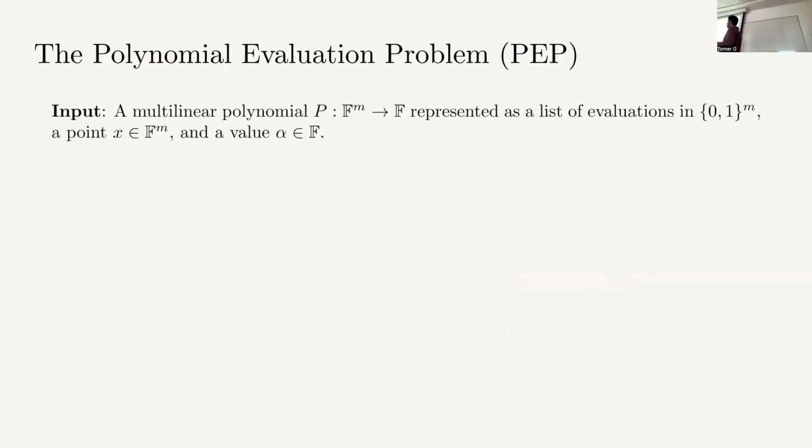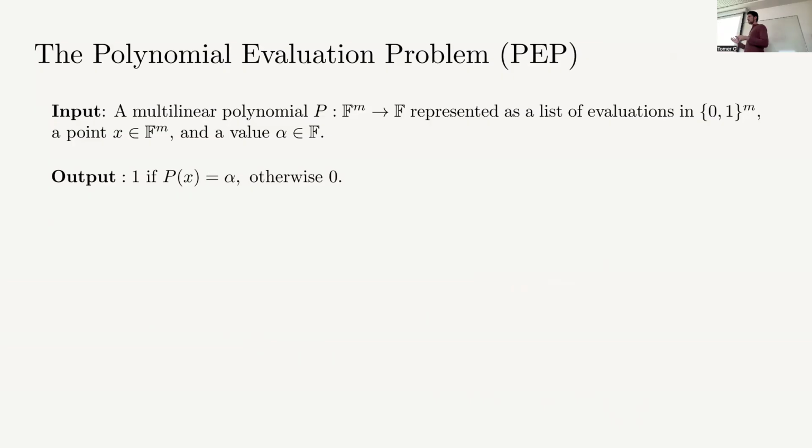The input to the problem is a polynomial. We can, for simplicity, think of it as a multilinear polynomial, represented as a list of evaluations on the n-dimensional Boolean hypercube, but you can just think of it as represented efficiently. And then a point x and a value alpha. What we need is to accept if the value of the polynomial at point x is equal to alpha,